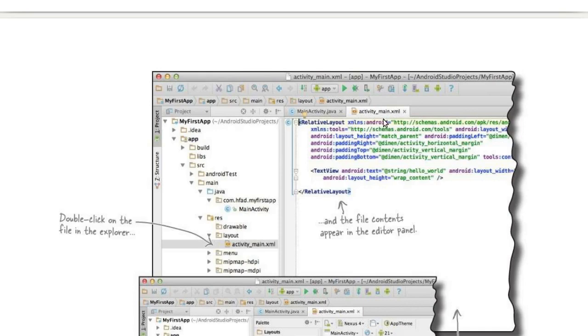So in the activity XML file, the basic structure is that we need a layout, whether it is a relative layout, the linear layout, or the grid layout. In the linear layout, the buttons or the widgets could be arranged linearly, whether vertically or horizontally. Similarly, in the grid layout, all the widgets are arranged like a table in which we have rows and columns. And for the relative layout, we have to arrange all the elements relatively to each other.